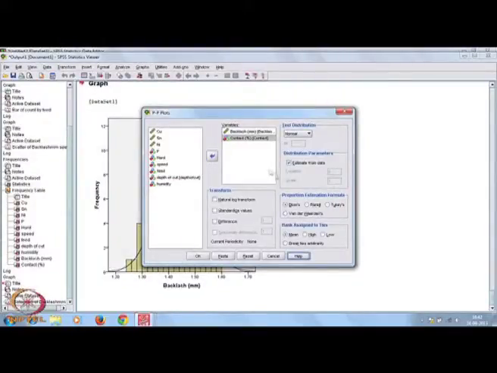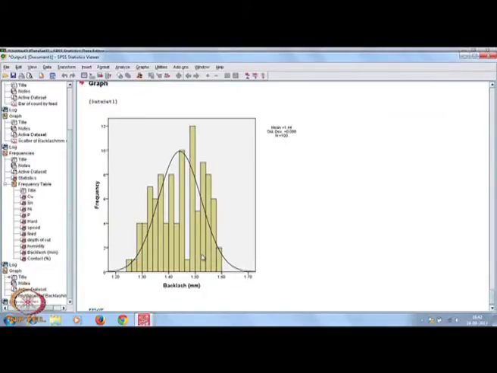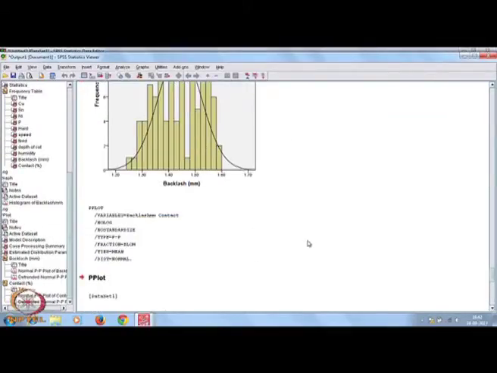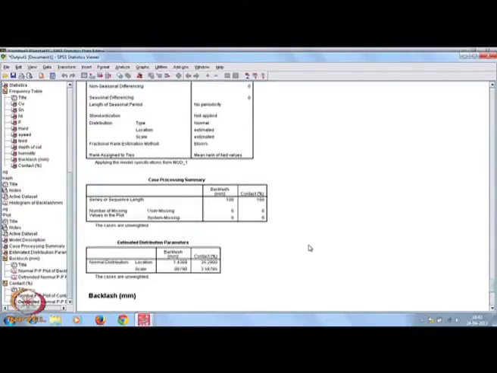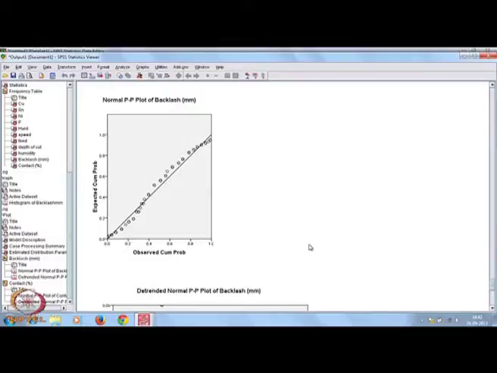Okay, fine. We know what a normal probability plot is; we have discussed it earlier also. Now let us click OK. What happened, you see. The observed cumulative probability and expected cumulative probability should follow a straight line.